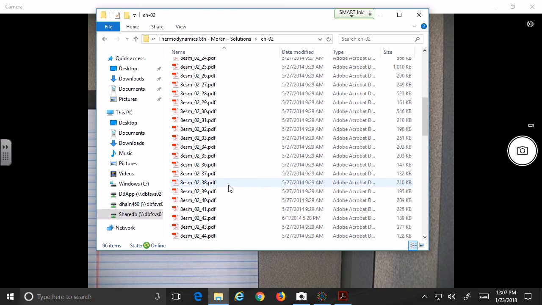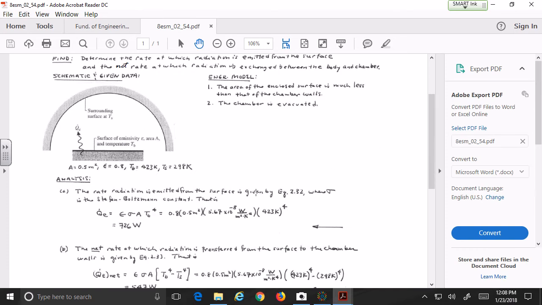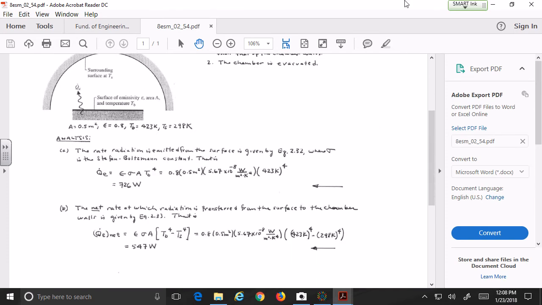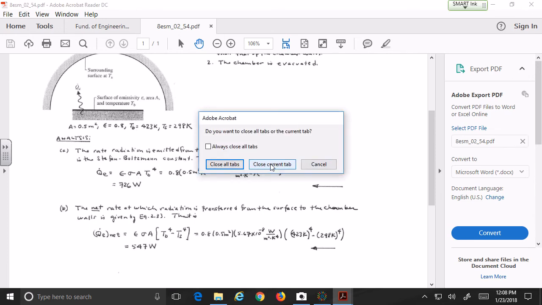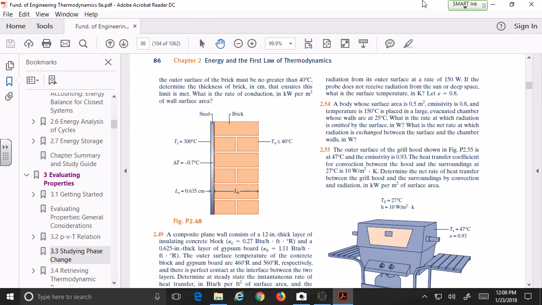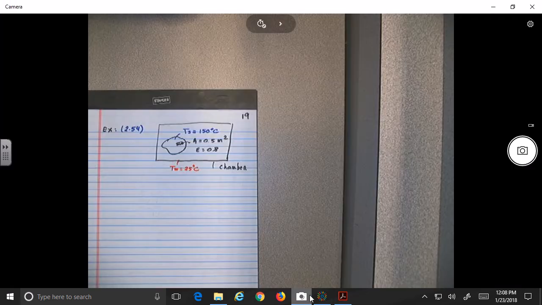I think the emissivity is just to multiply the sigma epsilon by the temperature of the body. Yeah, that's what they do, no? And then the second one, you just take the difference. Okay? Well, it is what I thought. All right, so let's do this. Okay, so first part is